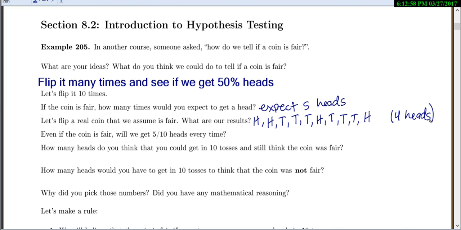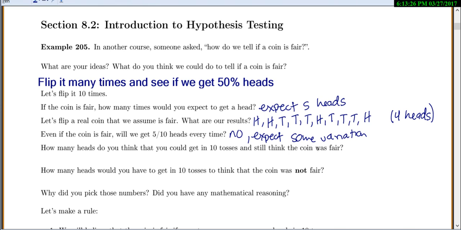But even if the coin is exactly fair, are you going to get exactly 5 out of 10 heads every time? Okay, no. You expect some variation. So sometimes I probably get 4 times, and 5 times, and 6 times. Sometimes I might even get 3, or if it was a really, really unlikely chance, maybe only like 1 or something.